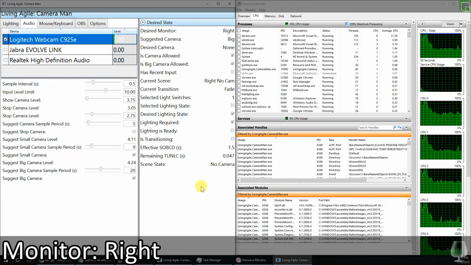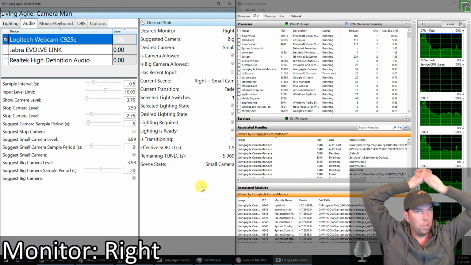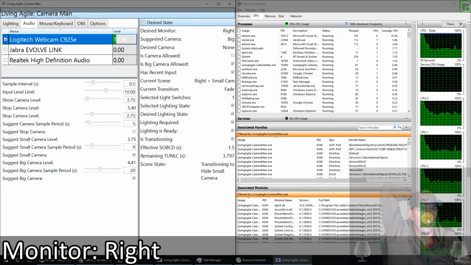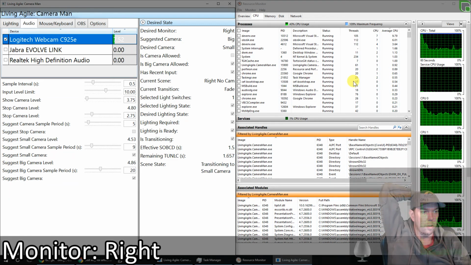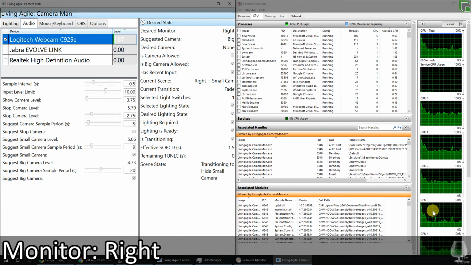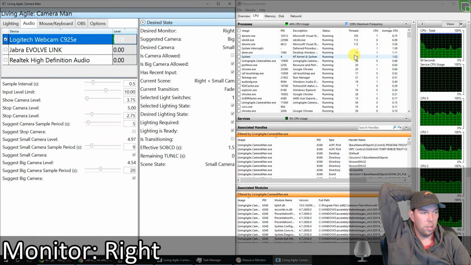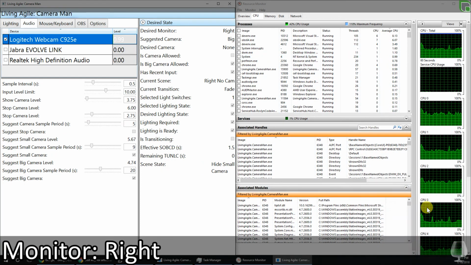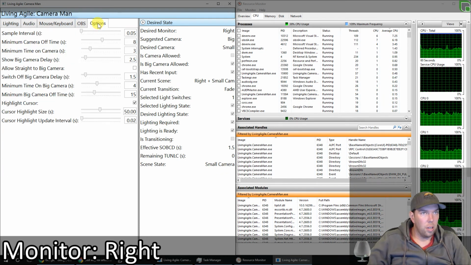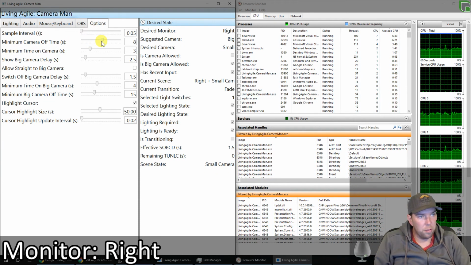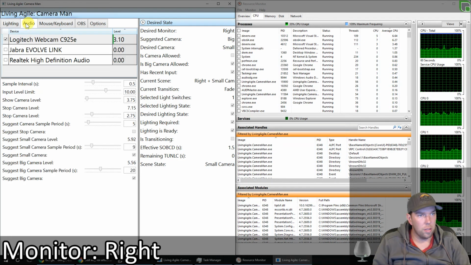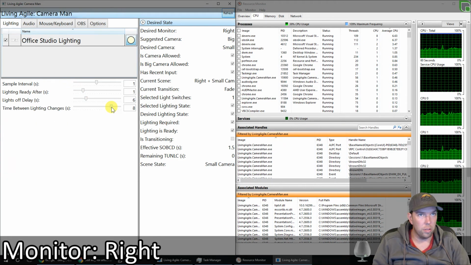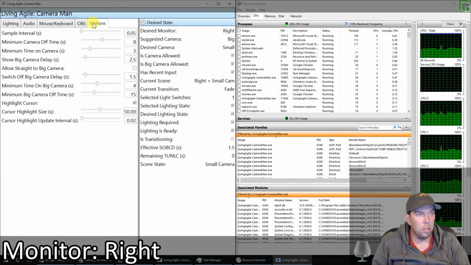Oh, that's because the minimum time off is greater. So now I've got hide small camera, transitioning small camera, hide small camera, transitioning small camera. Nice. Yeah, this option right here for minimum off time, it's because that's currently the same there. So if I set this to a lower number,